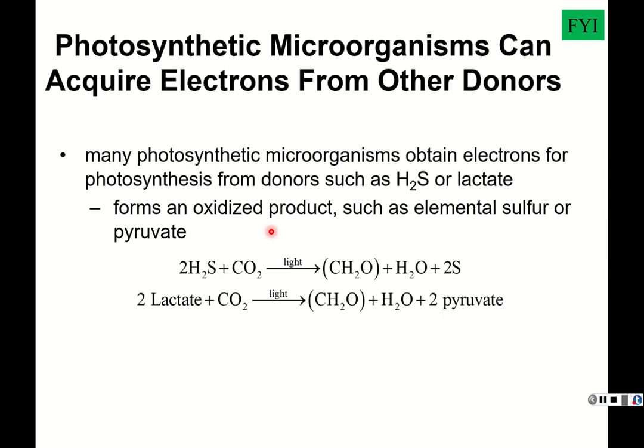And there are some other photosynthetic microorganisms that can acquire electrons from other donors. Not just water, you can use things like hydrogen sulfide, or even lactic acid, and some other photosynthetic microorganisms, which we just don't go through in much detail in this class